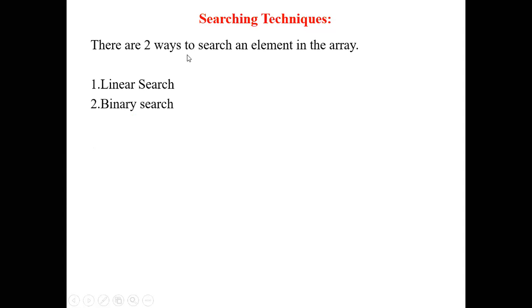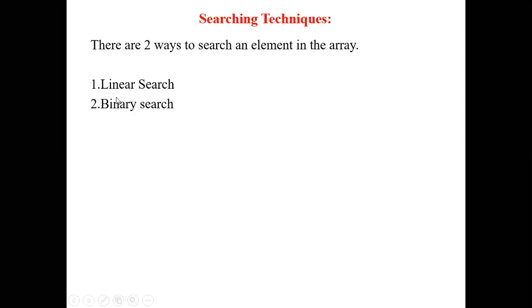So the next topic is searching techniques. We have several searching techniques in C, and we'll be discussing two such techniques. These are the two important techniques used to search an element in an array: linear search and binary search.